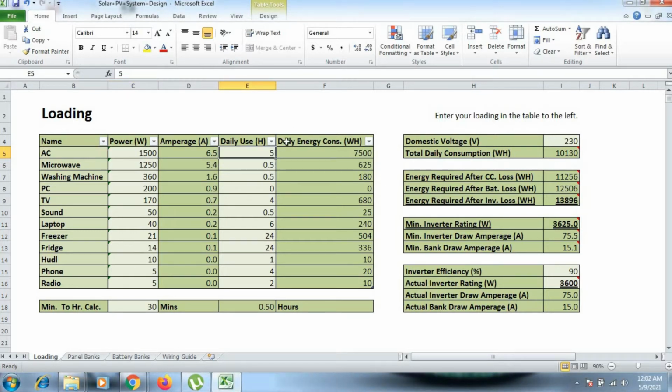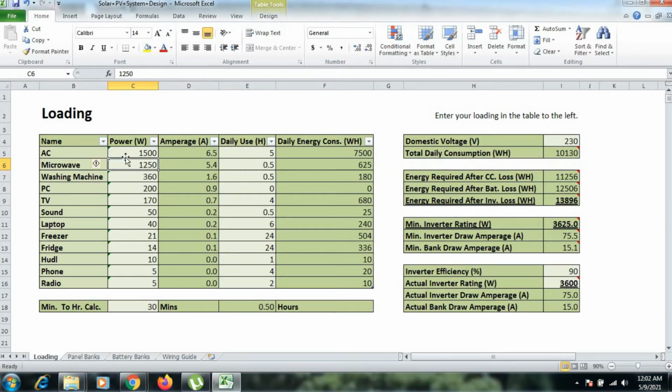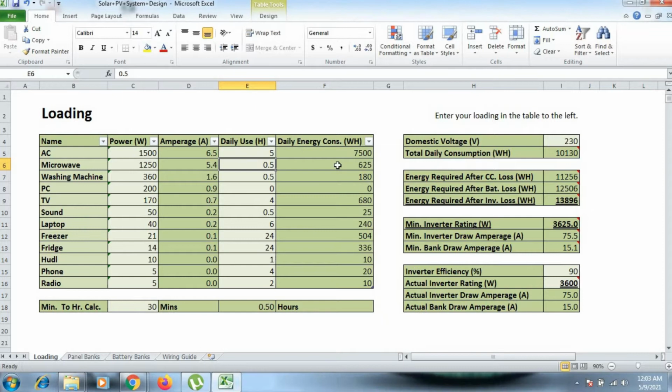Then our 24-hour consumption will be 7500 watt hour. Same for the microwave: it is rated 1250 watt and runs for half an hour, so the daily energy consumption for the microwave will be 625 watt hour.